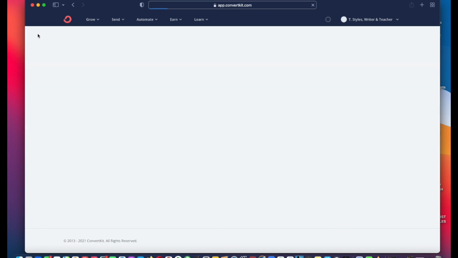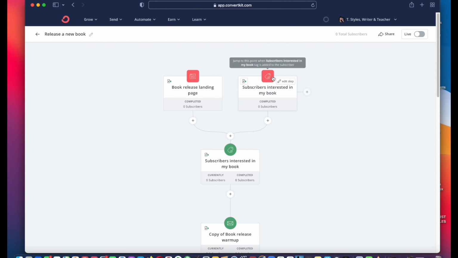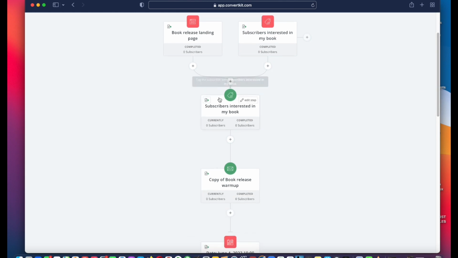They also have, if I come back out, the tag feature where you can actually create a tag and associate it with everybody who is coming into your list. For instance, let's say you did this landing page and everybody that signed up for this particular landing page would get a tag. Then both of those, or either or, will go into your email sequencing. And this is another tag. It says subscribers interested in my book. Okay, because the reason they're going to get this additional tag for the people who are interested in your book is because you want that to be the way for them to get your email list.